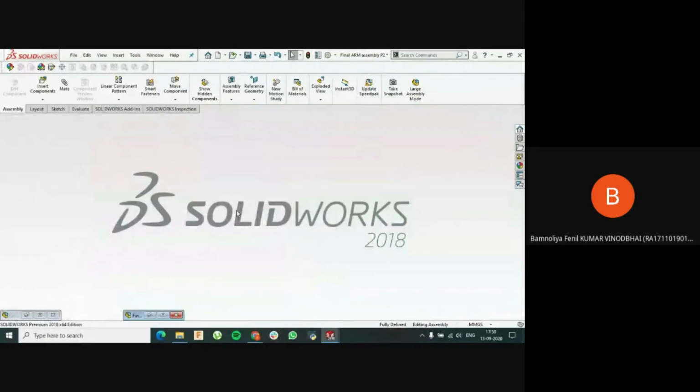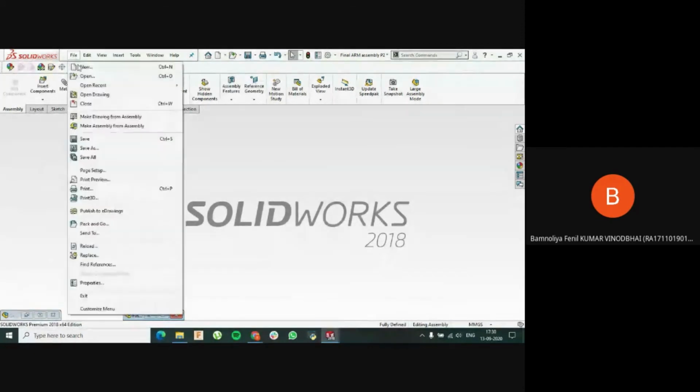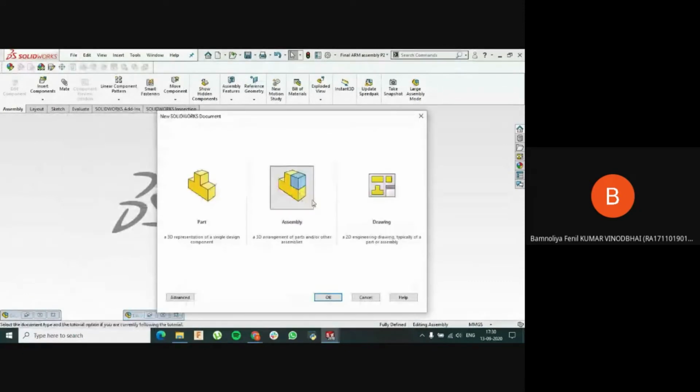So yeah, Hemangi talked about how to design the parts in SolidWorks, right? So I'm going to talk about the assembly. Once you start SolidWorks, go to new and you will get this window with three options, and click on assembly.